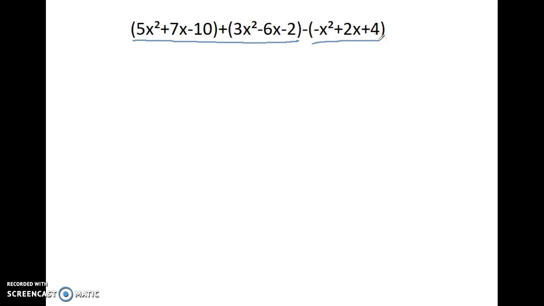It's important to remember when you're doing this that you have to look at each term and its value and only add or subtract like terms from each other. And signs do matter. Make sure to keep them and think about each individual term adding or subtracting from each other. So first we have 5x squared